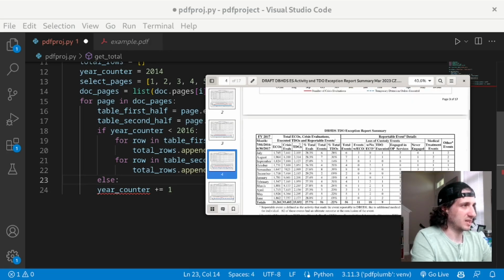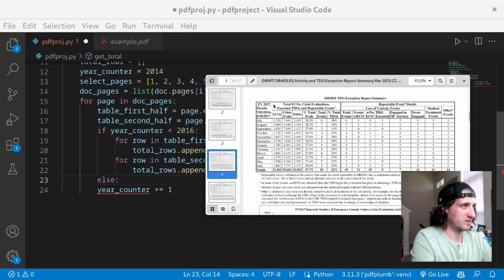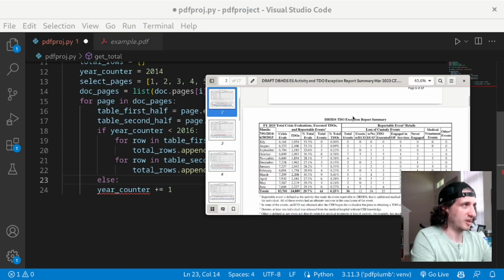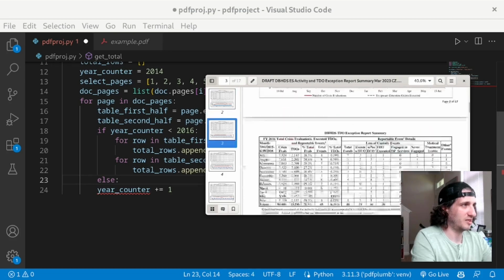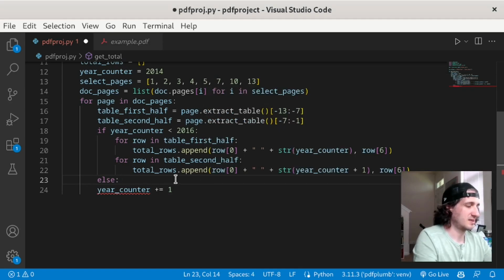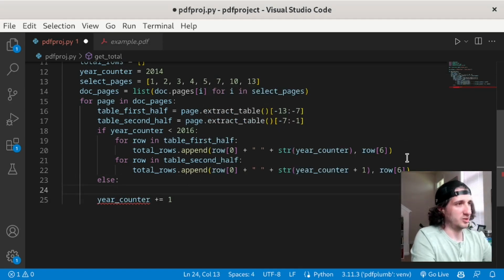But then once we get to this table, which is fiscal year 2017, but starts in July 2016, by this time we'll have added to the year counter, which is starting at 2014, twice, so 1, 2, so we'll be at 2016 here. And so that's when this is going to come into play, because the computer will say, oh, the year counter is not less than 2016, so what do we do in that case? So we're going to do the exact same thing,